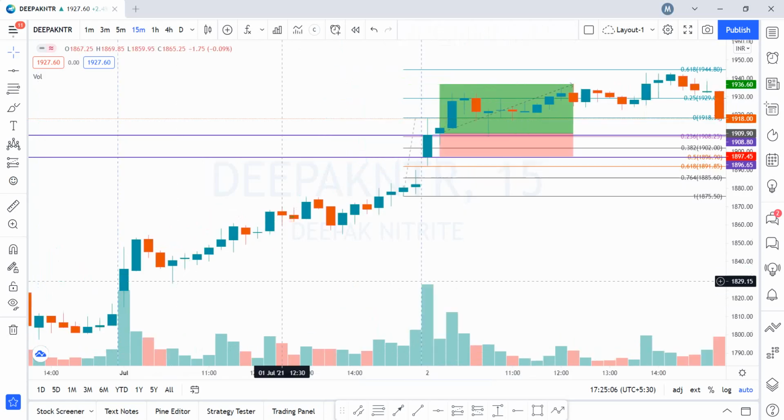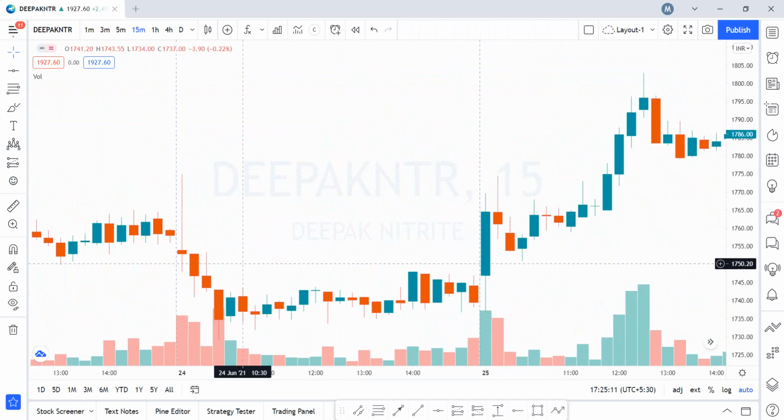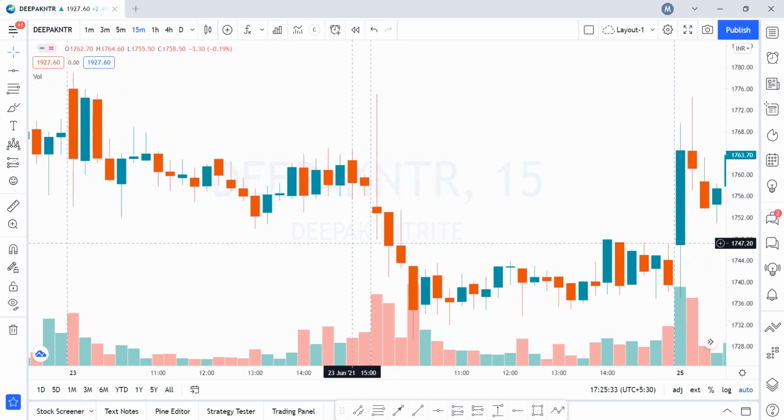Let's just go back onto the chart, and if you look at 24th of June. All right, so this is 24th of June. Again, as per my rule, this candle doesn't qualify as a three black crows. It is not three black crows because this wick is too big. We need a proper strong bearish candle. However, if you see, this was a proper bearish candle, this was a proper bearish candle, and the volume was also almost more than double the previous day's closing candle.